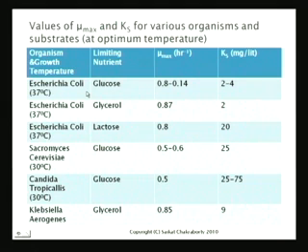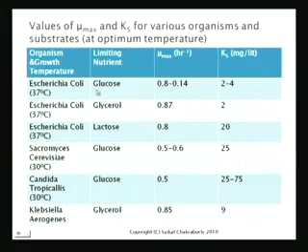So E. coli, for example, can grow under different kinds of nutrients. Depending on the nutrient that it is growing in, the mu max and the Ks are going to be different, obviously. Very straightforward, because if you change the substrate, the growth rate is going to change. So if the limiting nutrient is glucose, then the mu max is 0.8 to 0.14 and the Ks is between 2 to 4. If you're using glycerol to grow E. coli, then the mu max is 0.87, Ks is 2. If you're using lactose, then it's 0.8 and 20, so Ks is much larger over here.